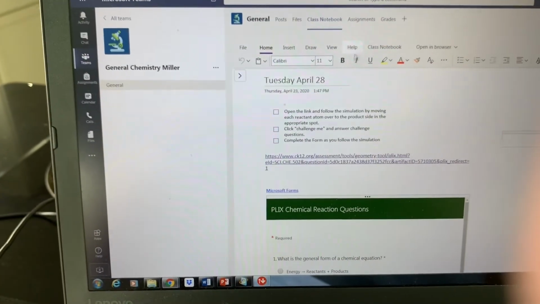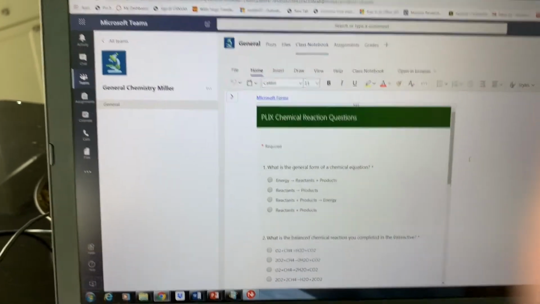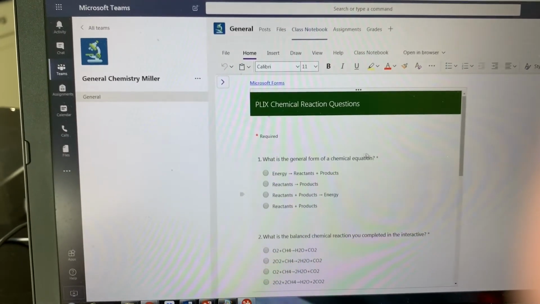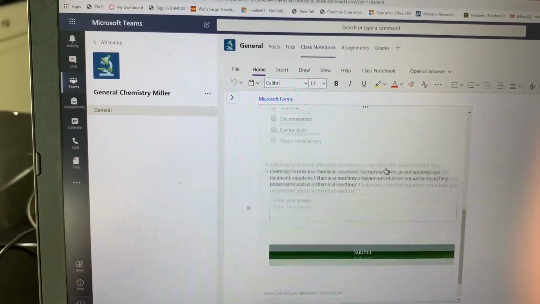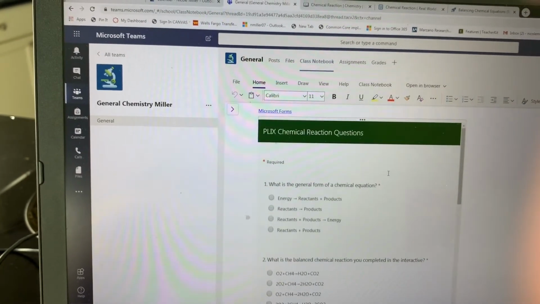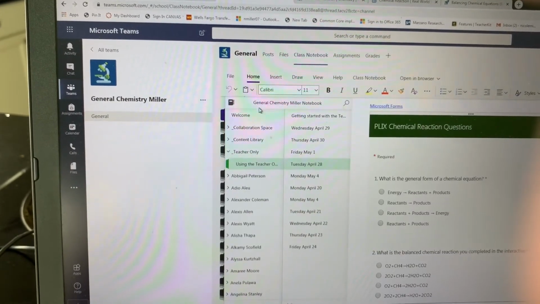And then when you come back to your notebook, you can answer the questions in the form. So you have seen them on the simulation, and now you should just be able to click the appropriate answers in the form, except for the bottom one, you've got to type in there. Okay, so then we can be on to